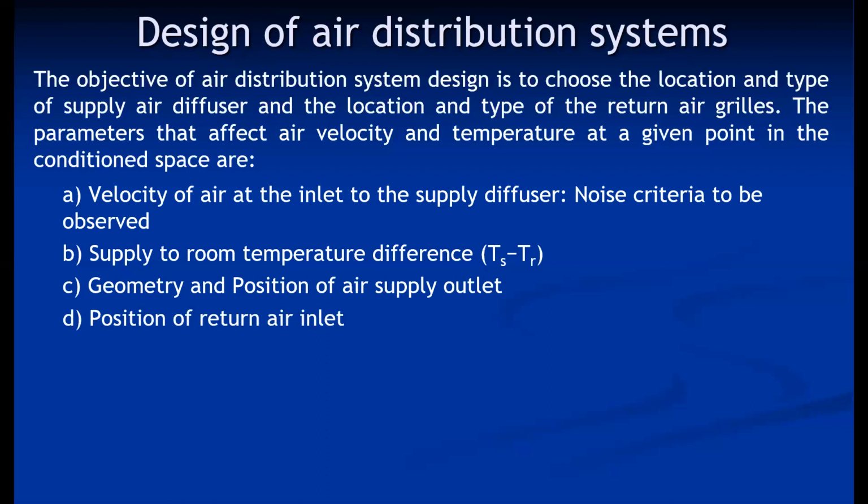The position of the return air inlet is also important. In most cases, the return outlets are fitted at the top and supply outlets are fitted at the bottom, because the supply air density is very high, and when it comes in contact with the occupants or any heat sources, the air gets heated, its density decreases, and it goes up. So commonly the supply outlet is fitted at the bottom locations, maybe at the side location at the bottom, and return outlets are generally fitted at the top somewhere.